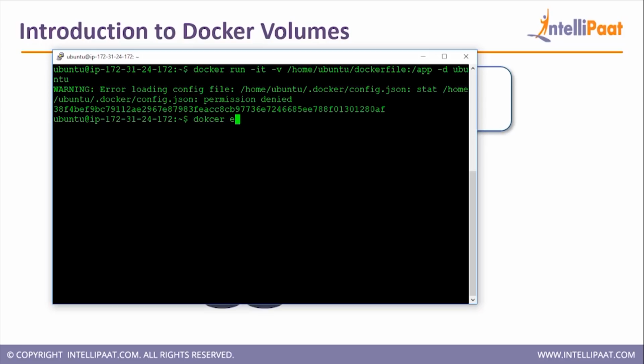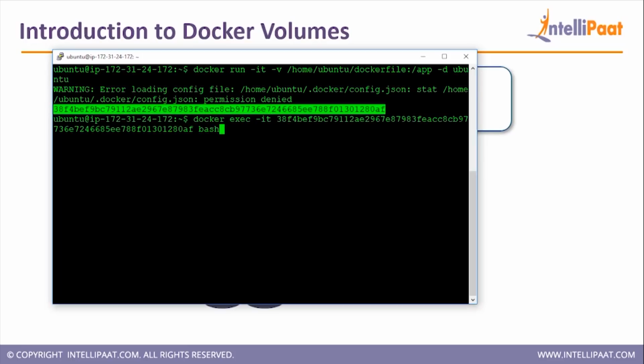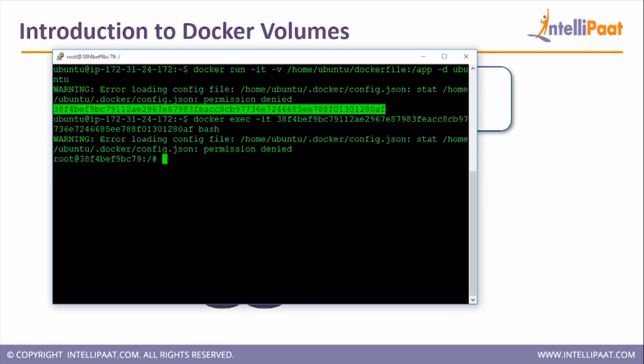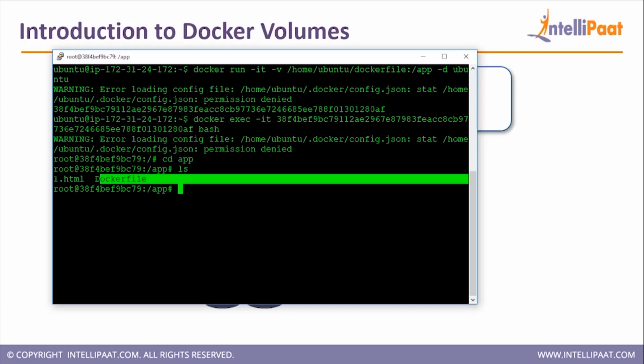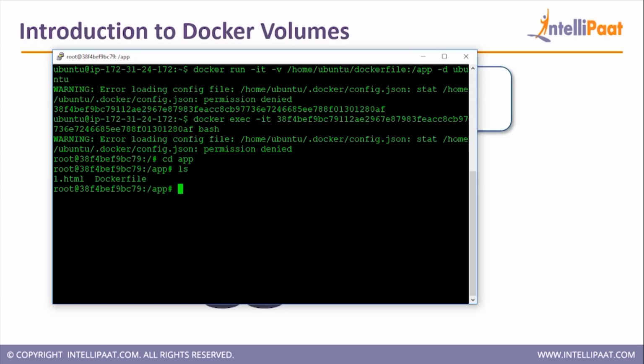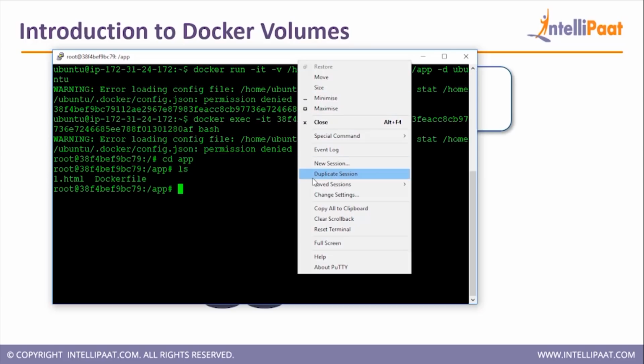Now, if I go inside this container, I will be able to see that there is a folder called /app which has been created, right? So if I go to app and do an ls, you can see the files inside this container are that of the Docker file. Now these files are not actually copied inside the container, but are being mirrored from the directory on the host operating system. That is, if I duplicate this session,